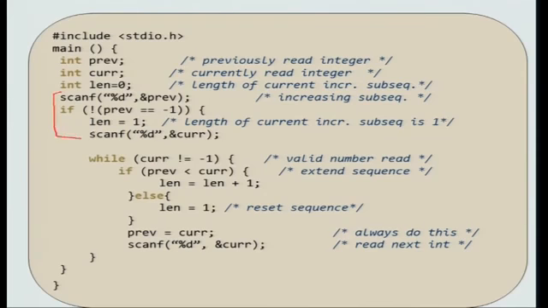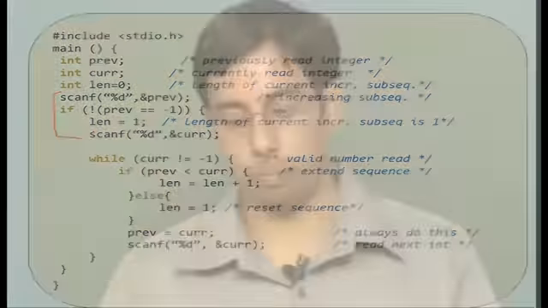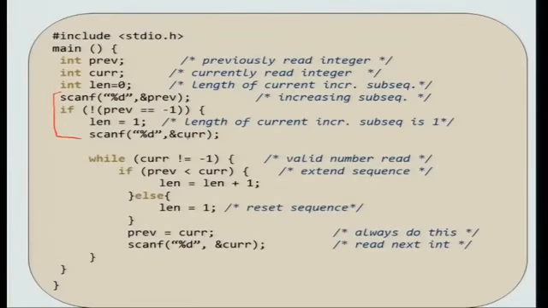Okay. So this part of the code is just to initialize. So if the first number is -1, then there is no point in getting into the program, because it's equivalent to the empty input, so there is no increasing subsequence to be found. So you just exit out of the program. So initially we just check to see whether the first number is -1 or not. If the first number is not -1, you scan the next number. Okay, so current will be the second number, and if current is not -1,